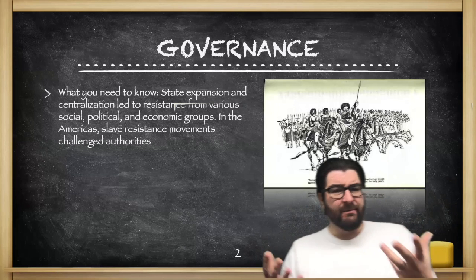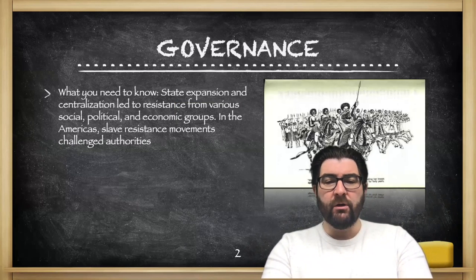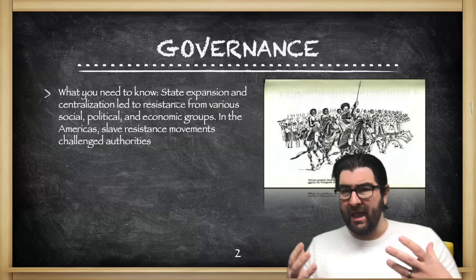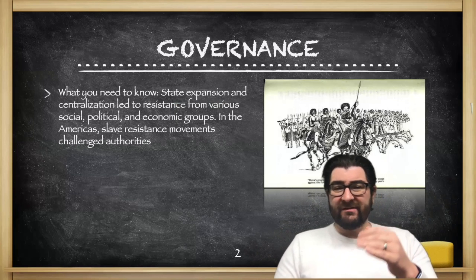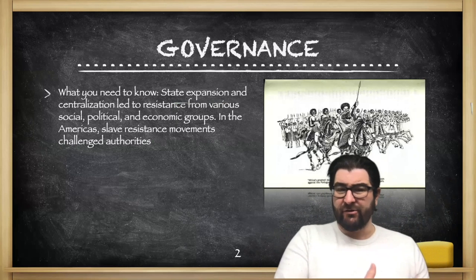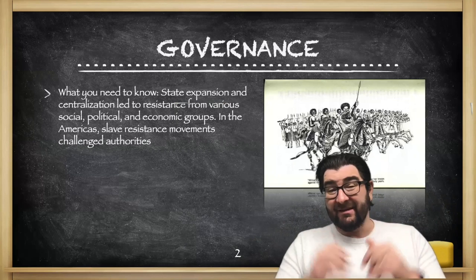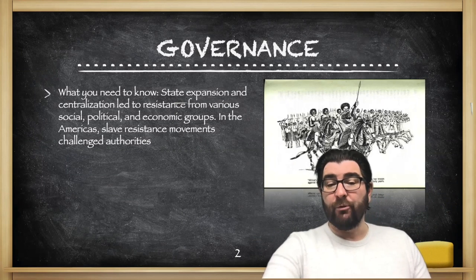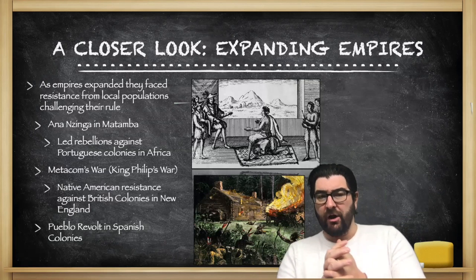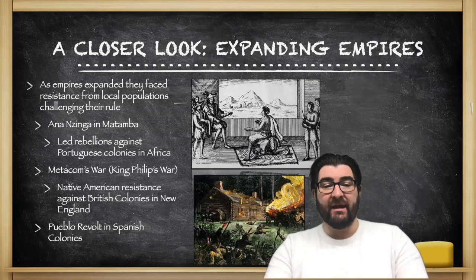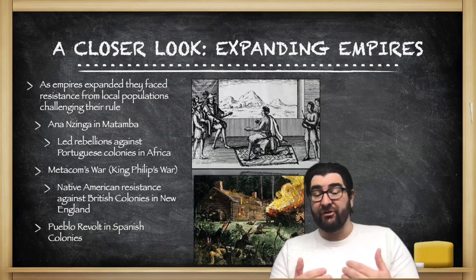Start off talking about this theme of governance. As we're seeing the power of state governments expand and increased centralization, you're going to see a lot of resistance coming from various social, political, and economic groups. In the Americas, also, we're going to see slave resistance movements that will challenge authorities, and that's where we are going to start. As empires are expanding, we're going to see that they're facing resistance from local populations that are